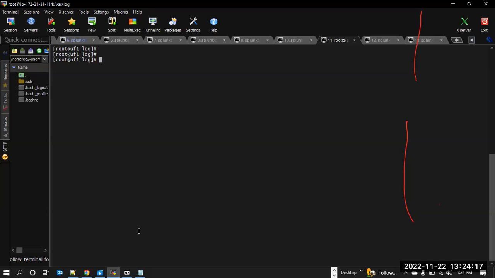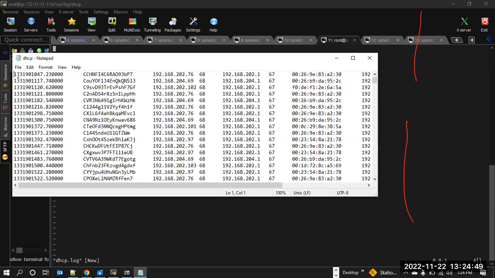So let me make a directory and I call it dhcp. I'm going to cd into the dhcp. And now inside here, ls -la, of course, nothing is inside here. I can just say, okay, vi into dhcp.log. Yeah, hit enter. So all I have to do is go back here and I can copy